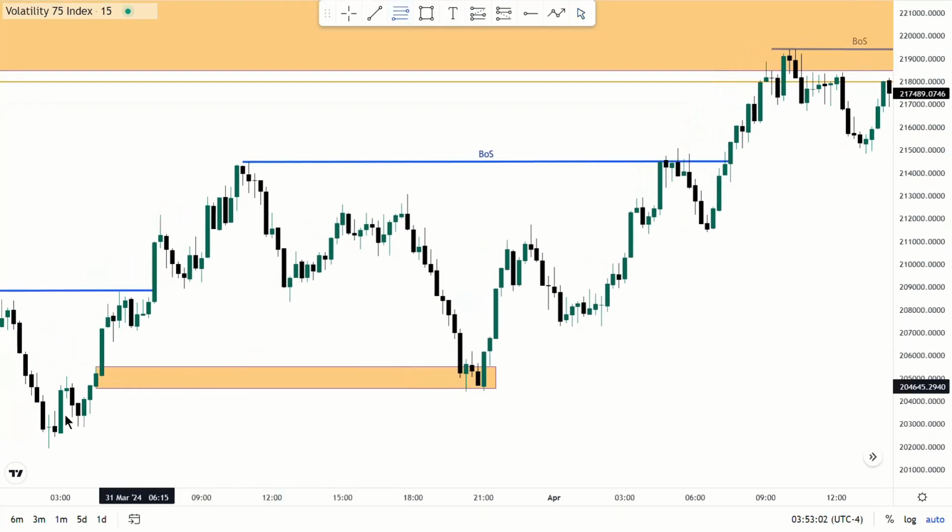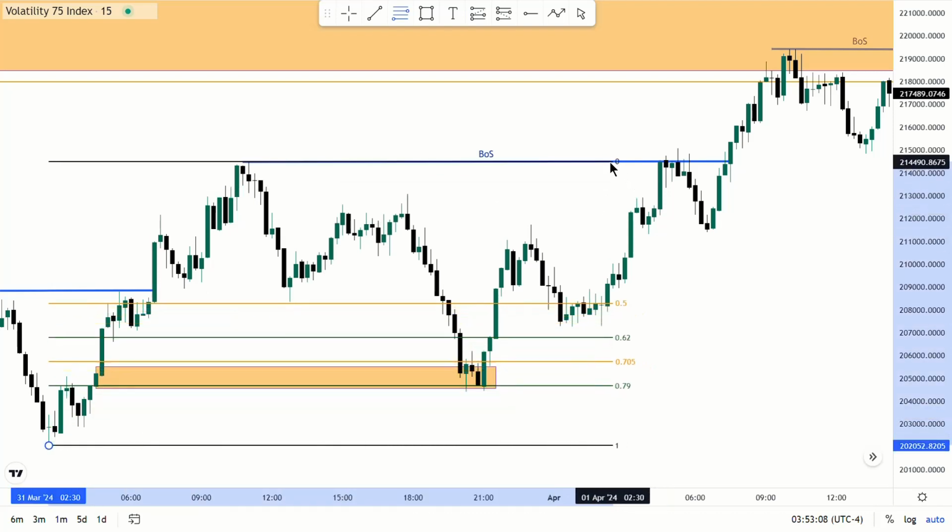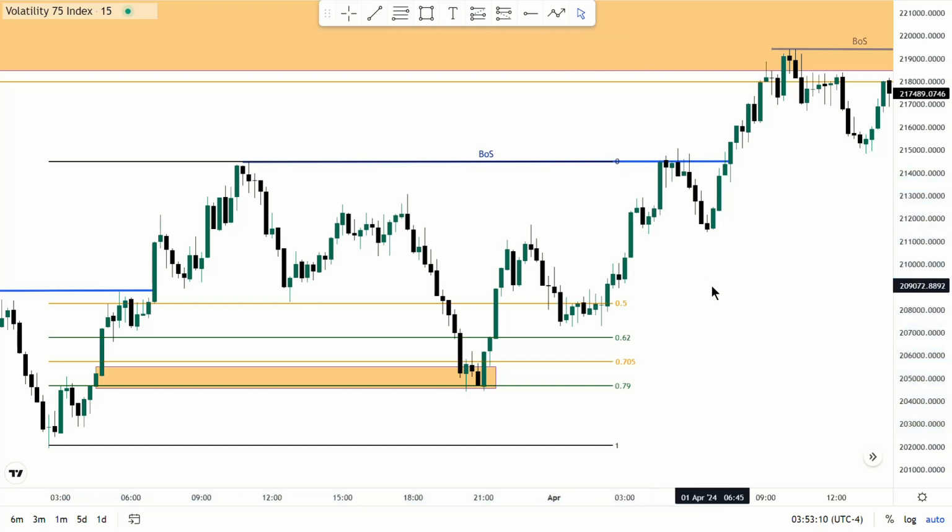If you draw out your Fibonacci like that, here we are looking for buys. The reason we are looking for buys here is because it has changed character, and also the market has the potential to go and look for inducement and a potential POI here. This is what bias is supposed to be. This is how your thought process is supposed to be. You have reasons to take a trade.